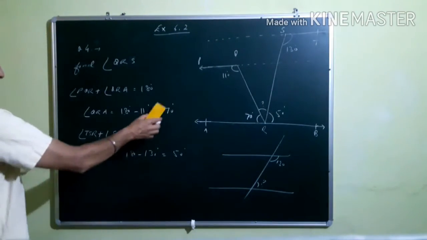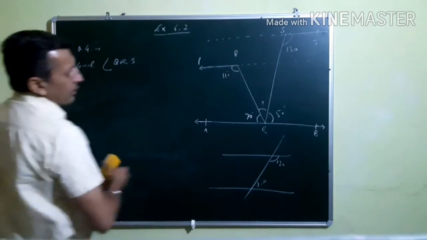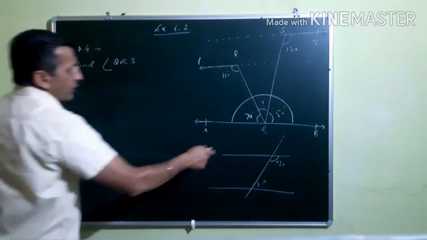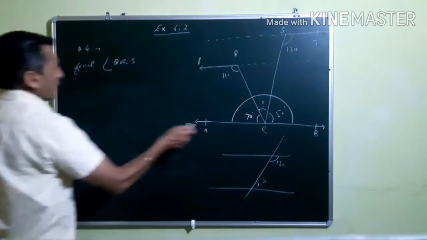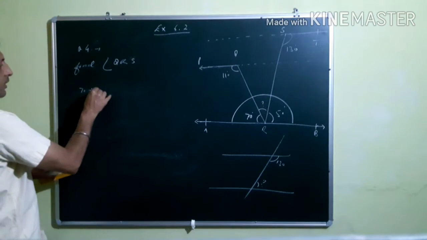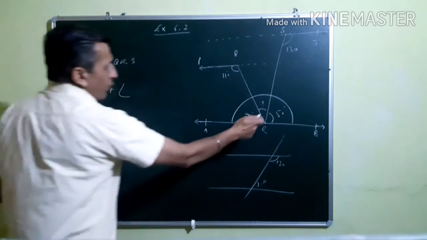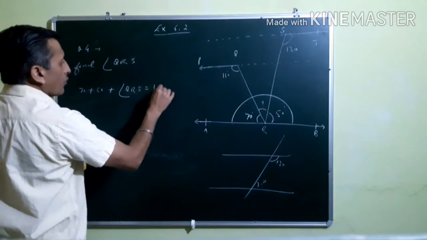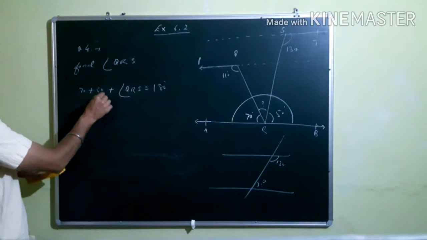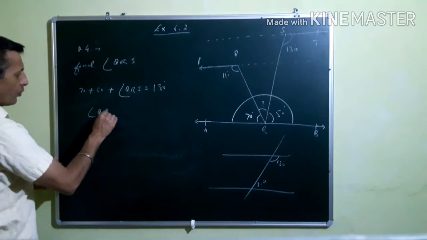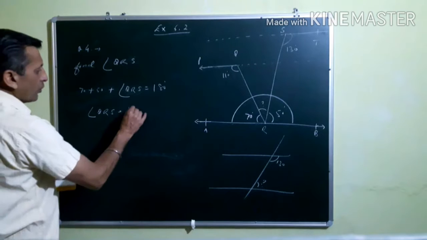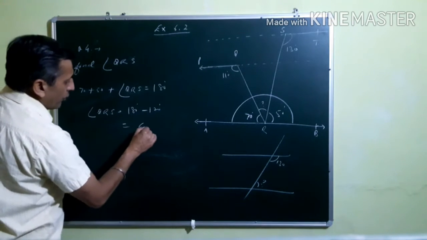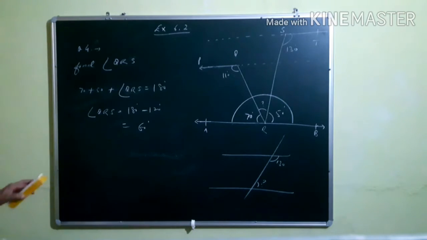Then this complete angle is equal to 180 degrees. I want to say this one. This is 180 degrees, out of which these two will be known. So the sum of this 70 plus 50, plus this unknown angle QRS, is 180 degrees, but 70 plus 50 is 120 degrees. So naturally angle QRS is equal to 180 degrees minus 120 degrees, and that gives 60 degrees. That's all. So this was your question number 4.